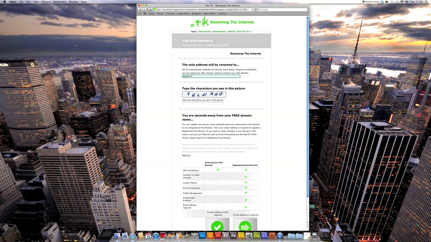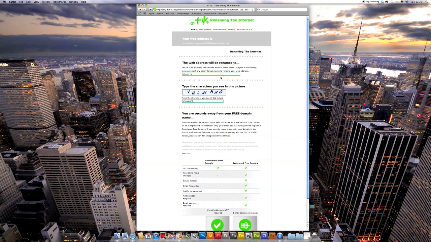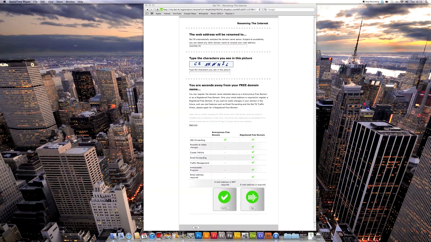DFGHJKL, going on my keyboard. Just going to type these characters in. Obviously, a lot of websites have these now. Let's just hope I get it right first time. There we go. Okay, so once you've filled in all your information, web address, renamed to, and type your characters